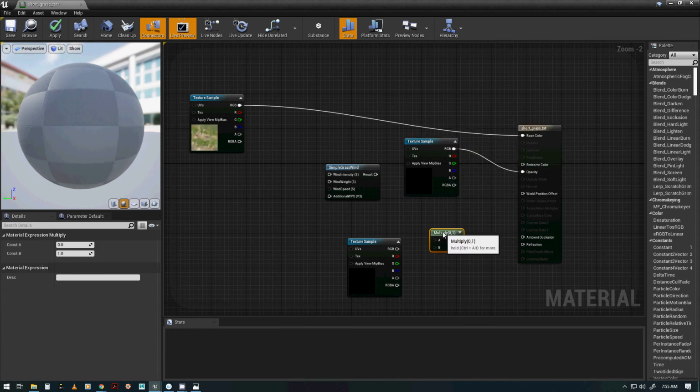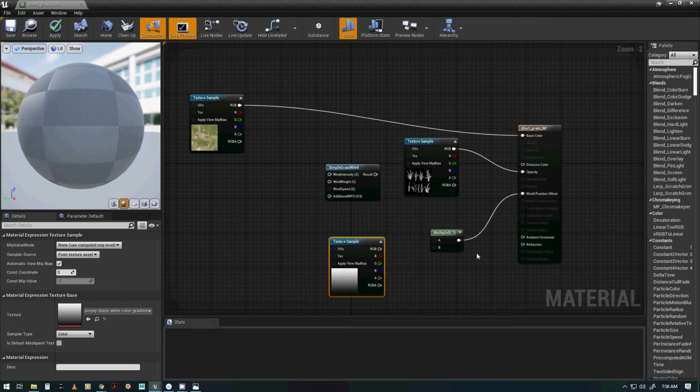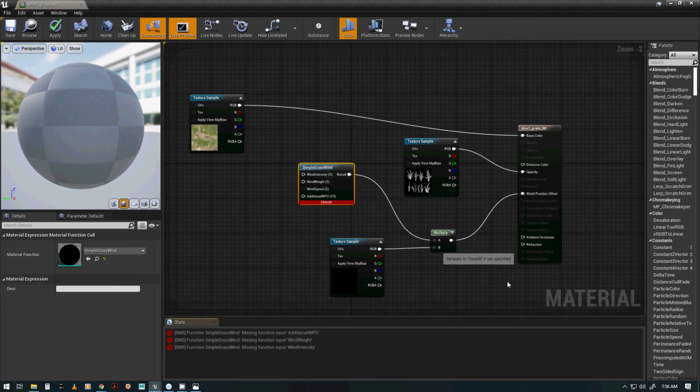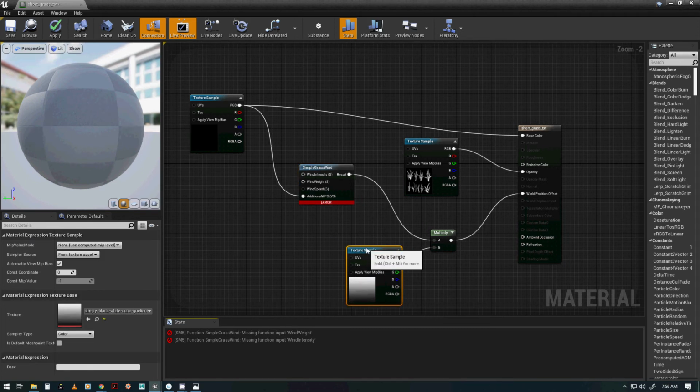Output goes into world position offset, and that's what does the animating, or does the moving of the actual grass. Going to B, result here goes into A. All right, we have an error there because we don't have everything connected up. Then we're going to take the output of the texture sample, make it go into additional WPO. And then we're going to put in some numbers